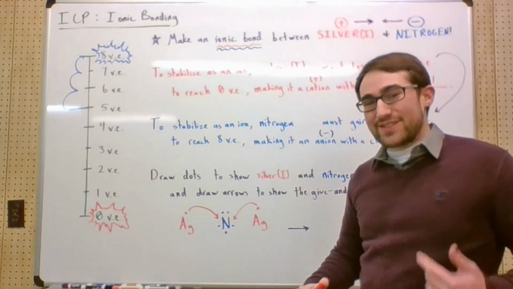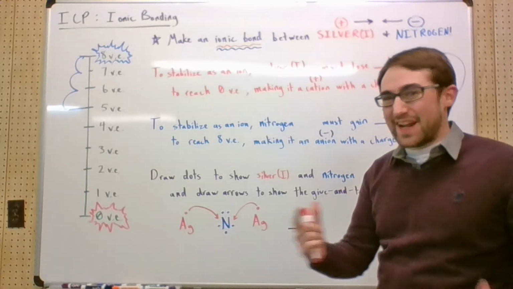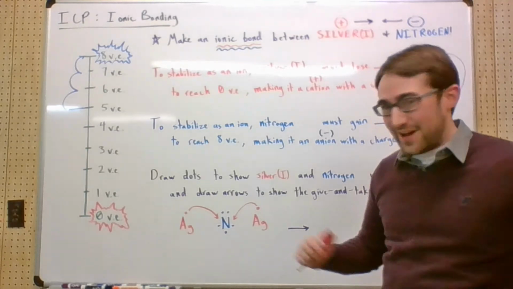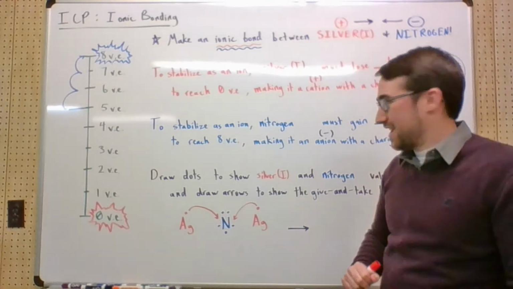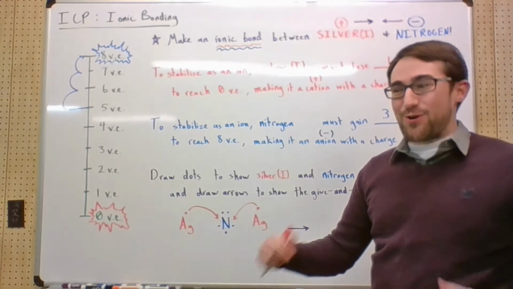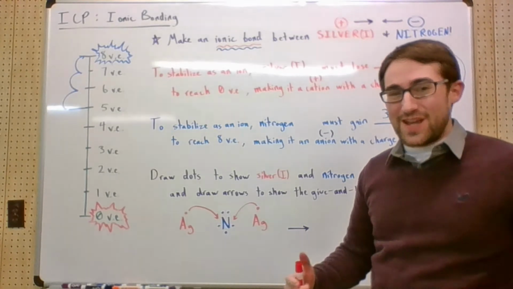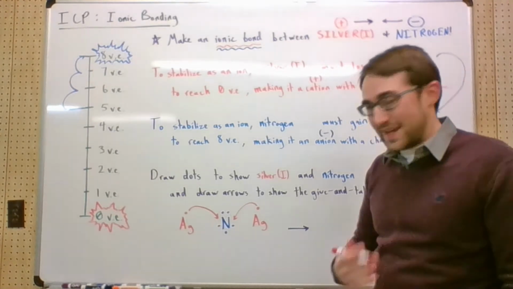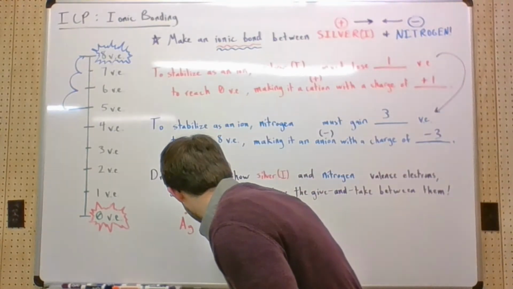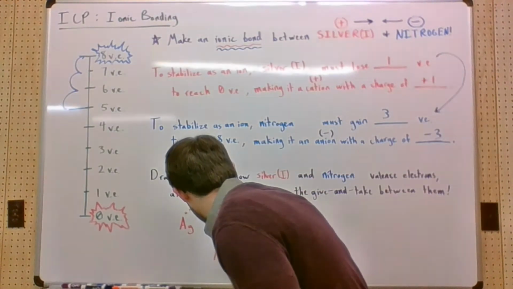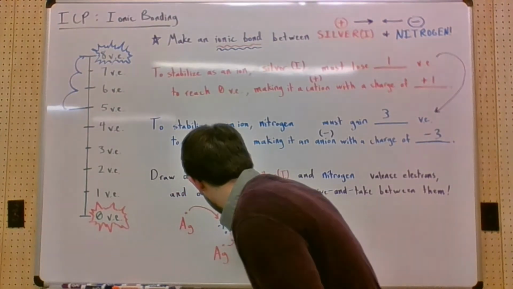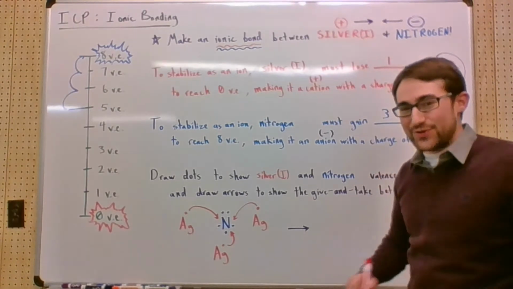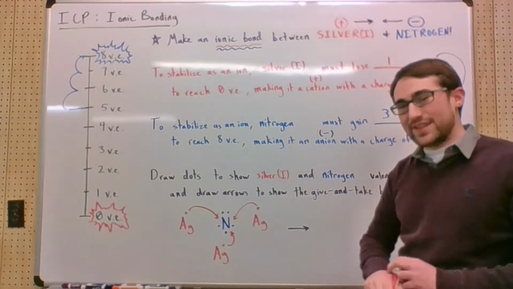Some of these compounds take a while to work out because it's hard to get everything happy, especially if you've got weird charges and stuff, and you've got a lot of valence electrons to give and take. Okay, so if things just aren't working out after 1 or 2 steps, keep at it. You will find a point where you can get everything happy, like in this case, where it takes 3 silver atoms to give up their valence electrons to just one of these nitrogen atoms